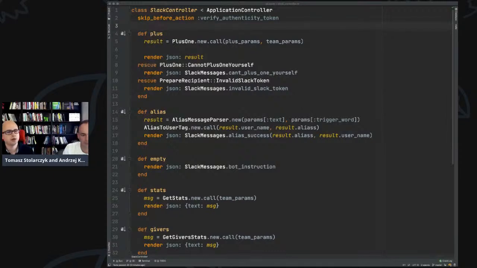He coined the word coupling a few years before this book, with two other people, Bernard Meyers and not the Meyers from CQS, but the other one. They coined the coupling and cohesion terms because they were doing a lot of research about it. And from that point in time, nothing has changed really in programming when it comes to coupling and cohesion, like we are now in the JavaScript world.